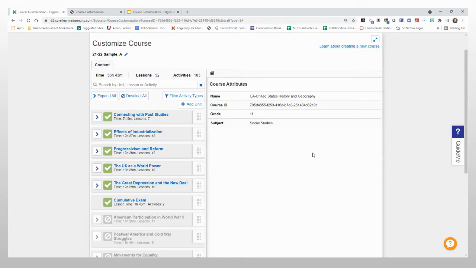So now I'm done. I've added some essays. I've added a project. My own kind of assessments have been added. I've taken some things away within each unit. So I have all my units still turned on, but there's some lessons within those that I've turned off. You see my time now is 56 hours and